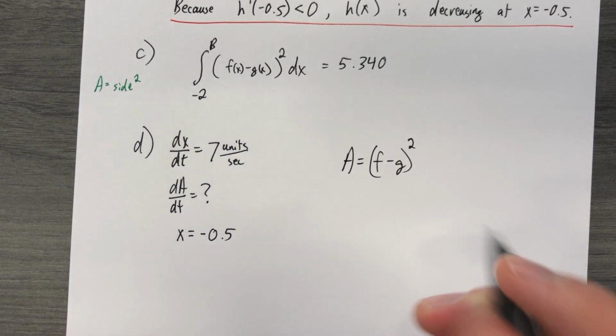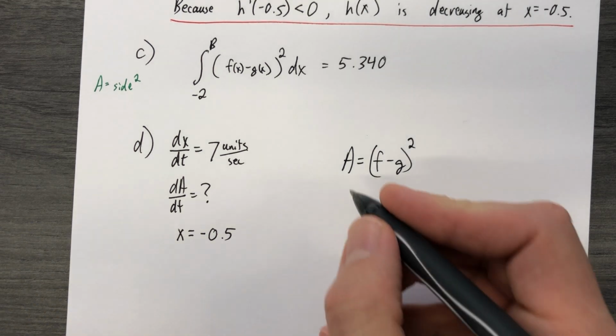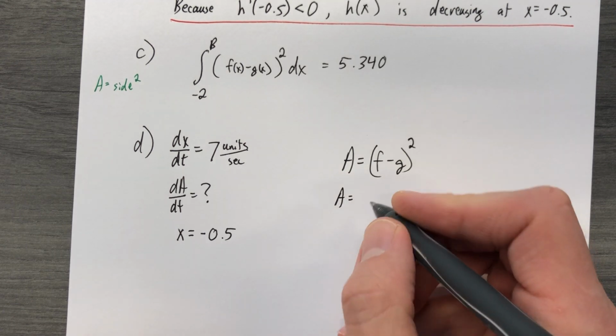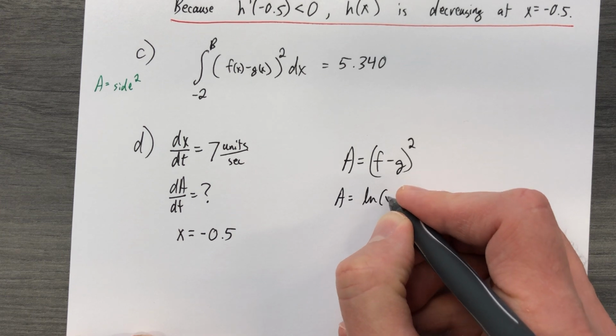Instead of writing f and g, I'm going to actually write the functions because I've worked this out and I tried it without it and it turned out to be a mess and I had to back up. So to save the time, I'm going to just go ahead and do that. So A equals natural log of x plus 3